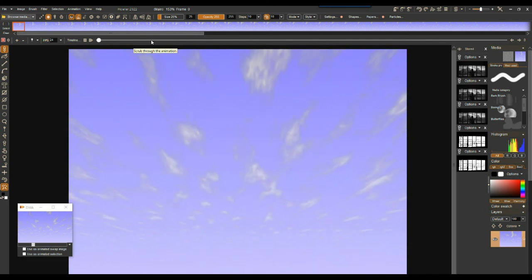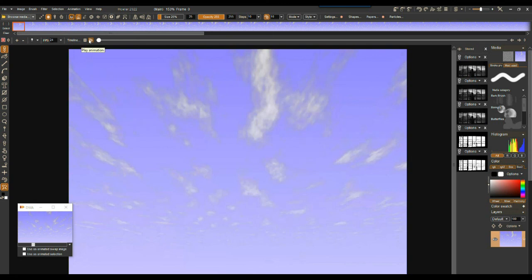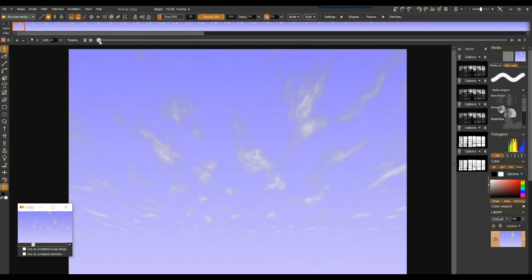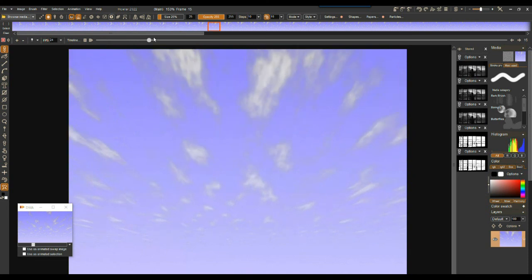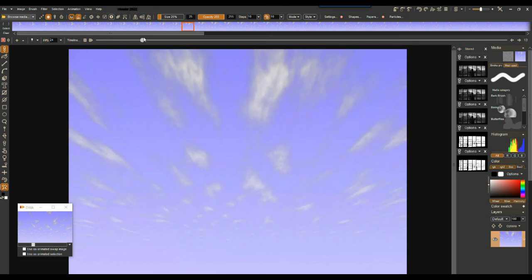So let's see, here's the beginning, and then there is a little jump somewhere. Let's go see if we can find that. Yep, there it is. We still have a little jump there somewhere. So sometimes when it's really difficult to see which one of the frames you want to get rid of, or interpolate again, like this one or this one is good, this one is good, this one is a big jump. So what you do,